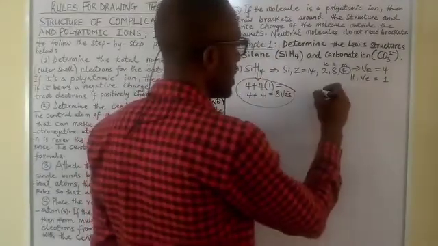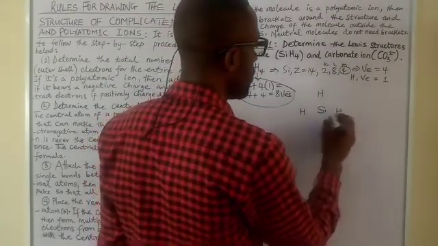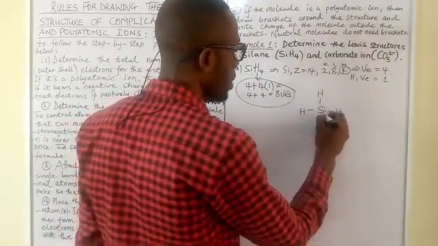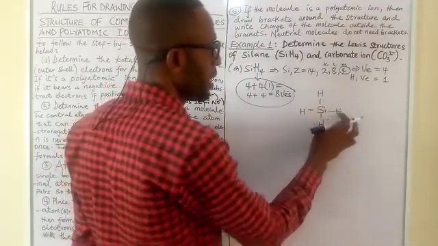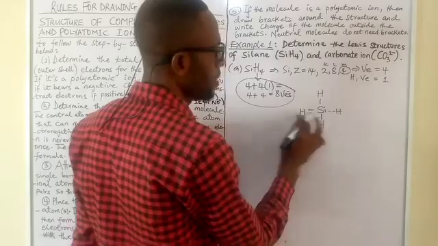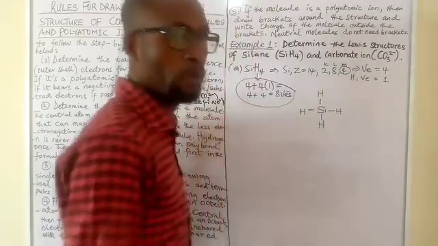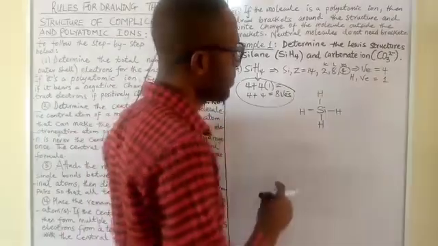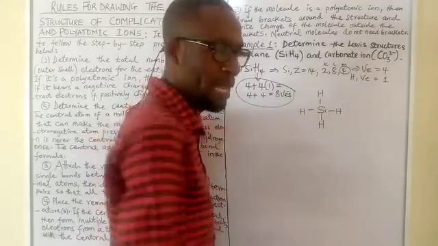Now, in the skeletal structure, you surround it with the 4 atoms of hydrogen. When you have done that, join all of them with a single covalent bond. Remember, this hydrogen is a terminal atom, this is a terminal atom, this is a terminal atom, this is a terminal atom. So you join all the terminal atoms to the central atom using a single covalent bond. Remember, every single covalent bond represents a shared pair of electrons. That's 2 electrons. So in all, you have satisfied the octet of silicon: 2, 4, 6, 8. So silicon now has 8 electrons.